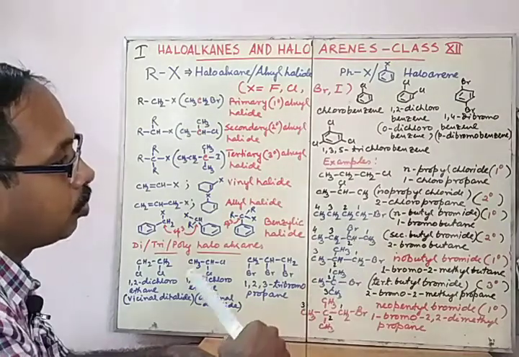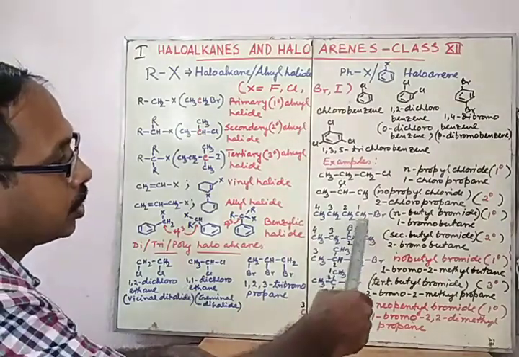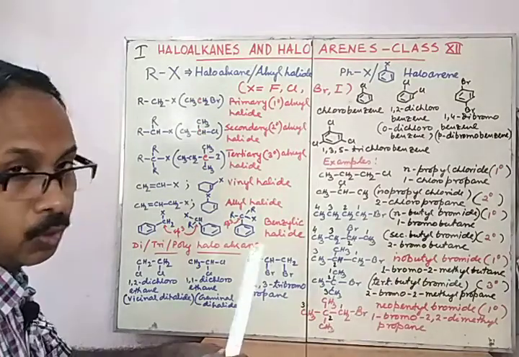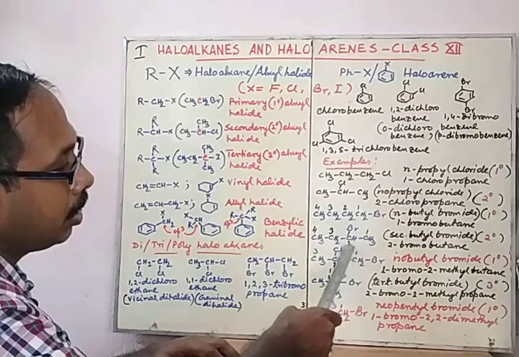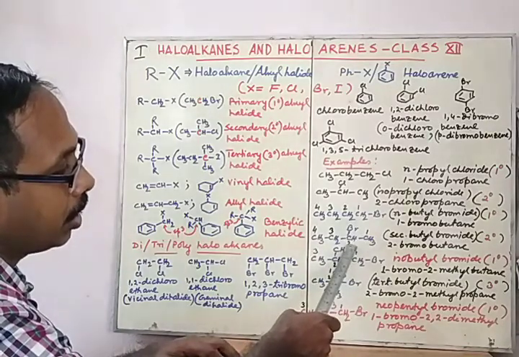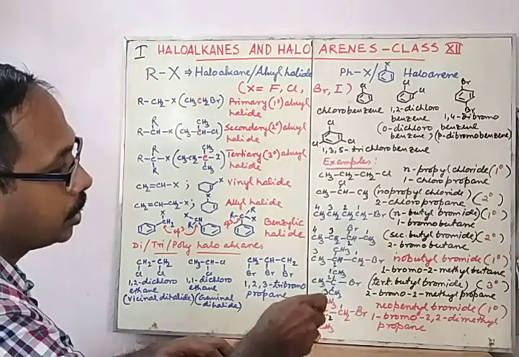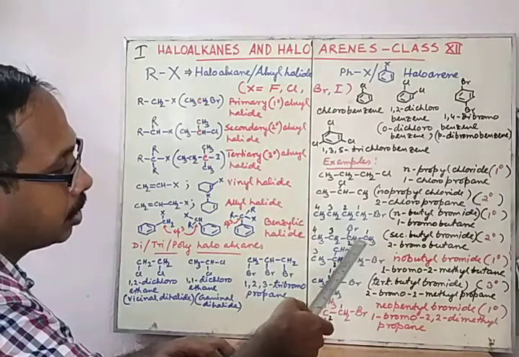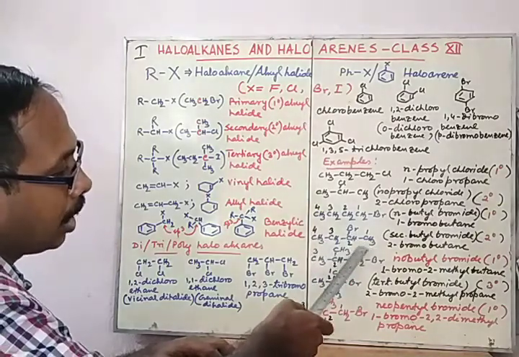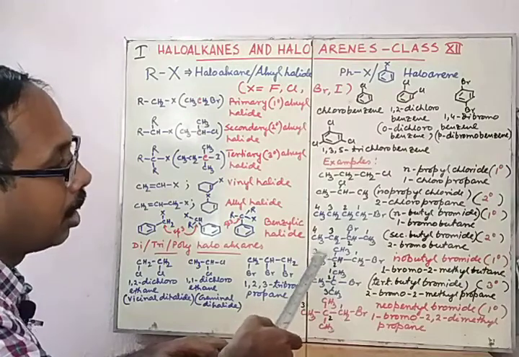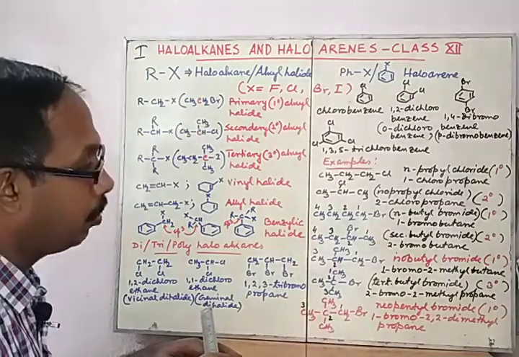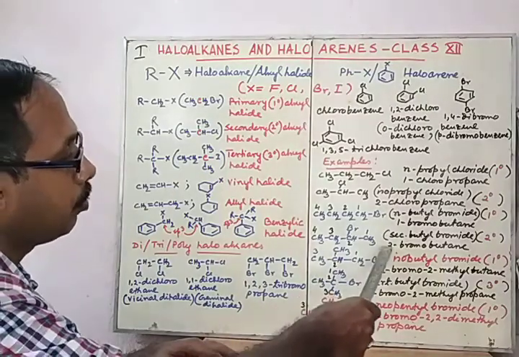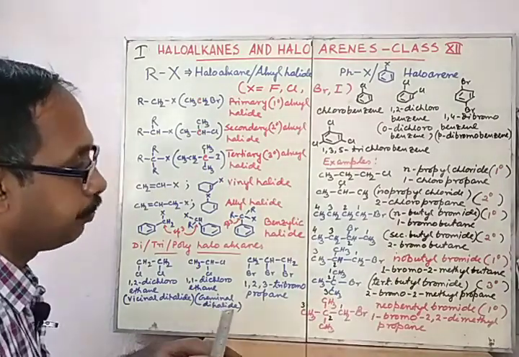It is normal butyl bromide and it can also be stated as 1-bromobutane. So this is 2-bromobutane and it is a secondary halide. You can follow that it is a secondary group. The carbon to which the halogen is attached is attached to two alkyl groups, methyl and ethyl. So this is secondary butyl bromide, 2 degree butyl bromide. Its IUPAC name is 2-bromobutane.